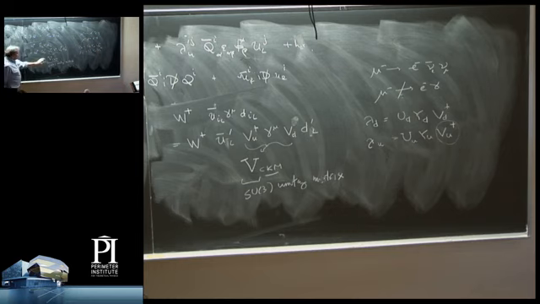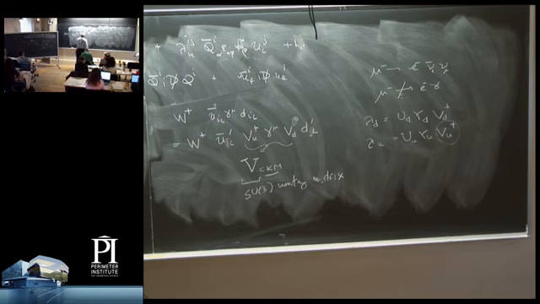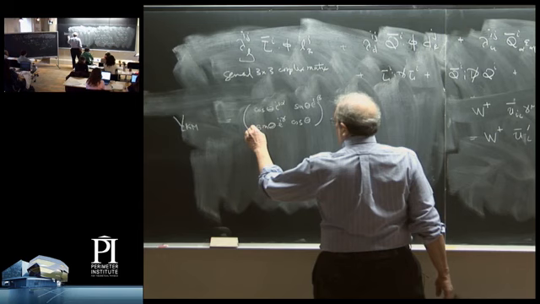Let's consider, first of all, the 2 by 2 case. So up, down, charm, strange. This is where we got to in terms of the phenomenology that I was describing earlier in this lecture. So I can take a completely general 2 by 2 unitary matrix. It has 4 parameters. And I can write those parameters in the following way. Cosine theta, sine theta, sine theta, cosine theta. So now I'm trying to write the most general possible form of VCKM for 2 generations.